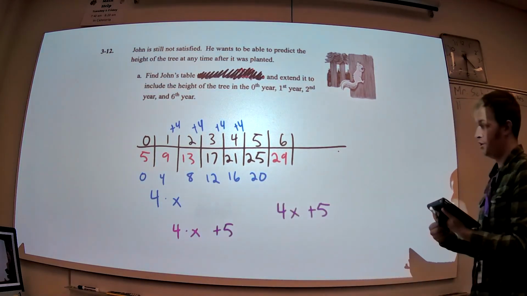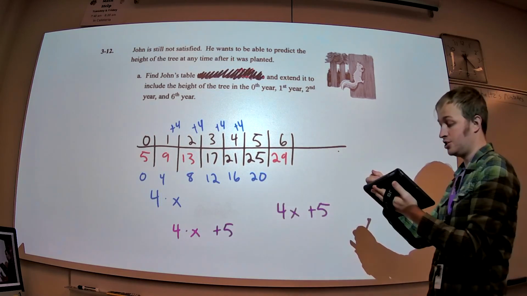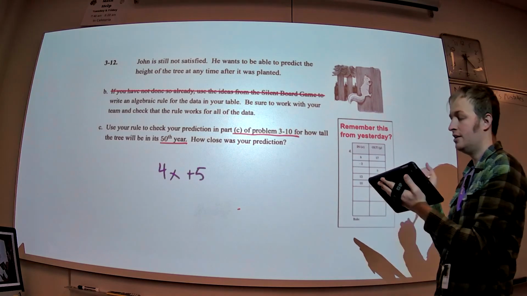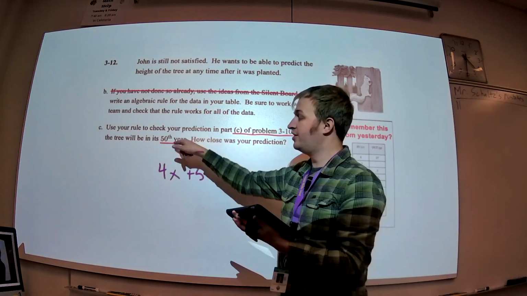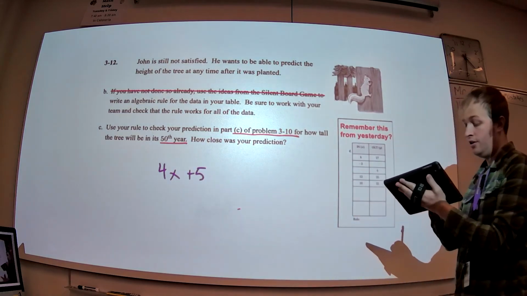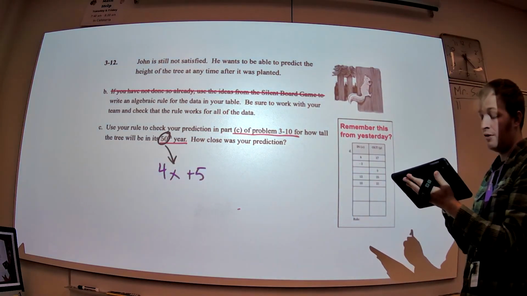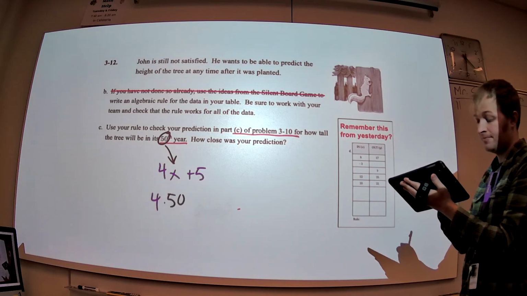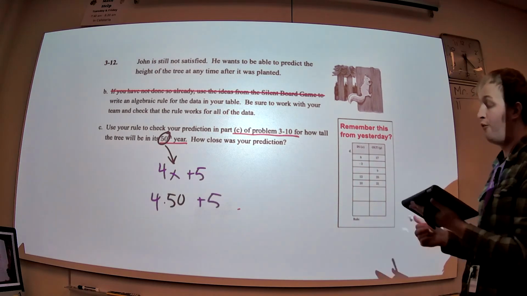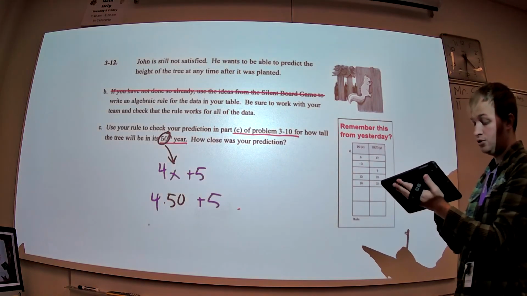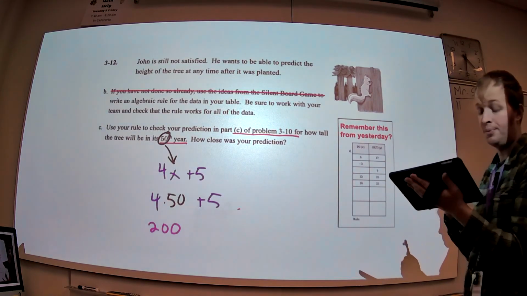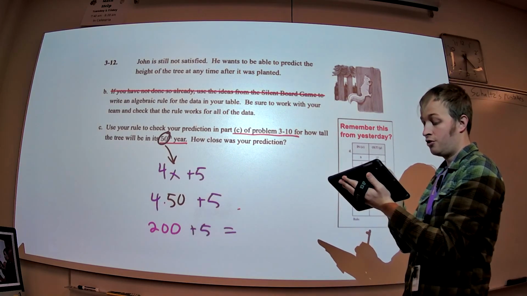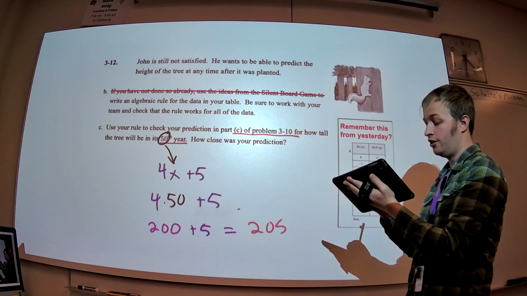So now, if I want to make that prediction, going back to this slide, if I think my rule is 4x plus 5, let's see if our prediction for the 50th year is accurate. So we just take this 50 and plug it in there. So now I've got 4 times 50 plus 5. Well, 4 times 50, we said that was 200. If you don't know that, you can plug it into your calculator. And then I'm just going to add 5. So I'd end up with a solution of 205 feet,